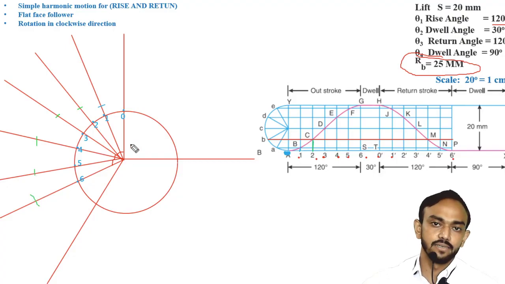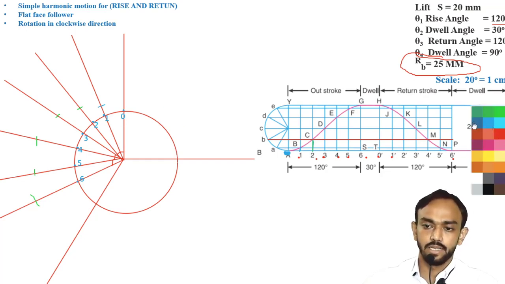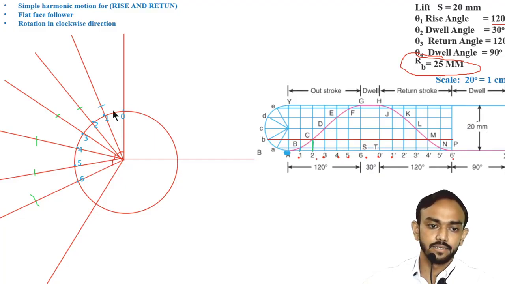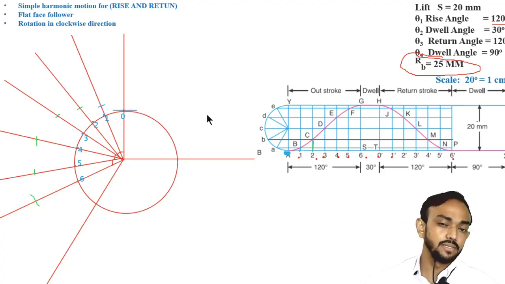And in knife edge, you directly draw the profile, but in flat face, you have to make the flat face at each point. Okay, each point. Like first of all, take any dark color like this. We have to make the flat face at every point. And what will be the length of this flat face? This is an assumption. If not given in data, we can take 3 centimeter or 4 centimeter for any example. Okay, but how can we draw this 4 centimeter, 2 centimeter on each side?